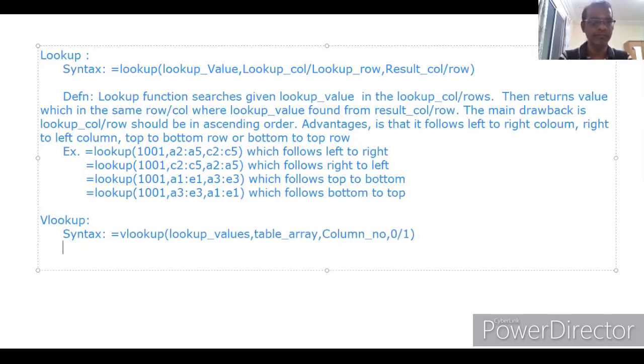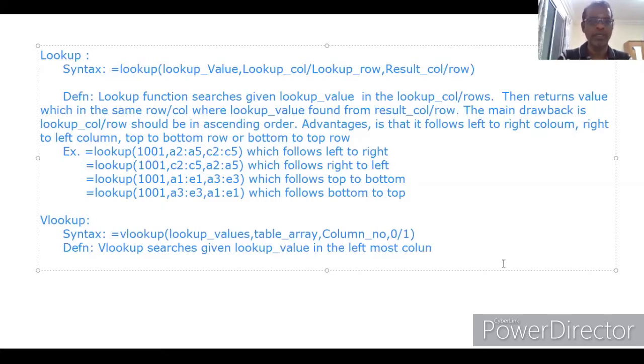Definition: VLOOKUP searches the given lookup value in the leftmost column. It is very important. Leftmost column.